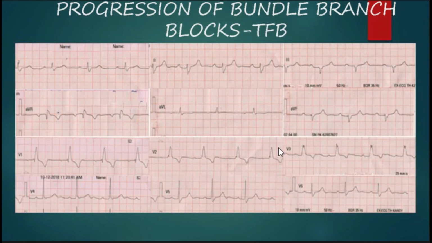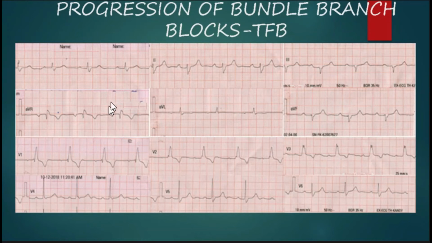If we analyze this 12-lead ECG, you can see broad complexes in sinus rhythm. If you analyze lead V1, you can see an R wave, and if you analyze it closely, you can see there is a low amplitude R wave which precedes the high amplitude R wave. So, there is rSR' morphology, suggestive of right bundle branch block.